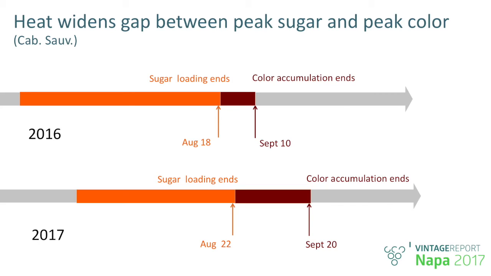Then what I did was looking at all the time profile of color accumulation across Napa, and just like Nicolas found that the peak of sugar loading was on August 22, we found that the peak of color loading in Napa was September 10. So basically you see the width of the window between phenolic maturity and technological maturity. The sugar loading ends, the color loading ends. And it's a rather short gap in 2016, whereas in 2017 you see a shorter duration of sugar loading, so shorter period 4. But you see that the gap between the peak color and the peak sugar is wider.